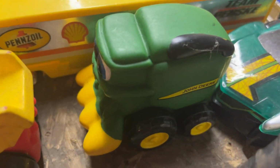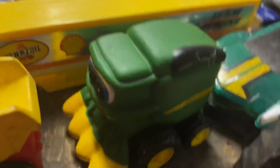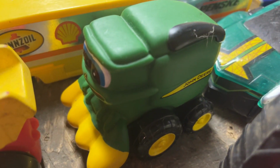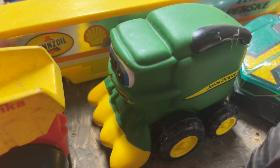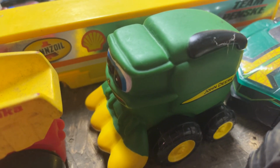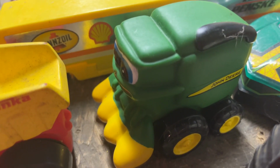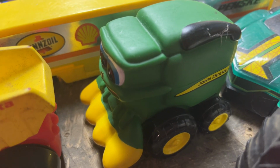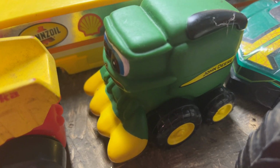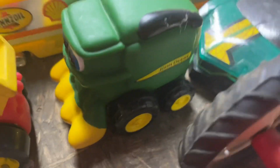And this one is a John Deere combine, but it was made from Ertl, so yeah, Ertl may be the same manufacturers as the 1/64 scale Thomas diecasts, which unfortunately got discontinued in the US in 2002 and other regions in 2004. And the only Ertl engine I own is Donald, though. Ertl is the best Thomas range ever, not gonna lie. Anyway,